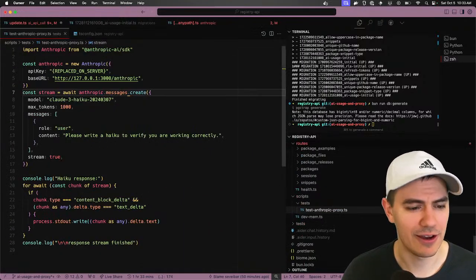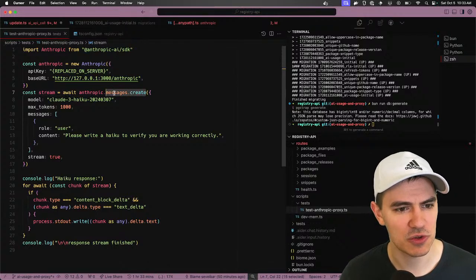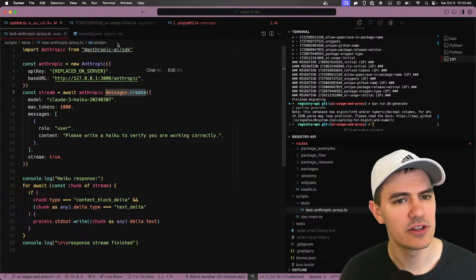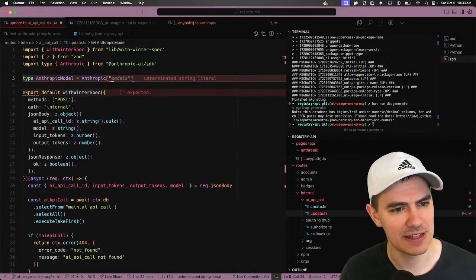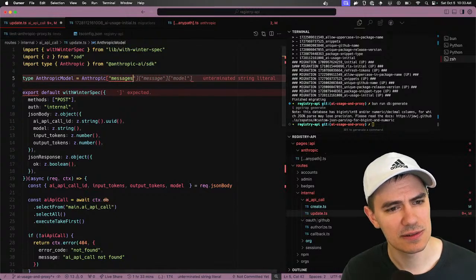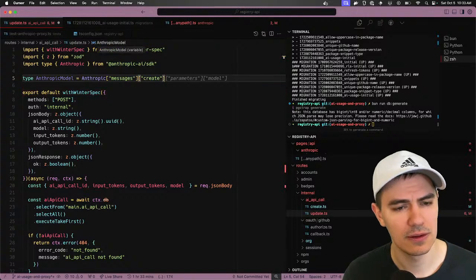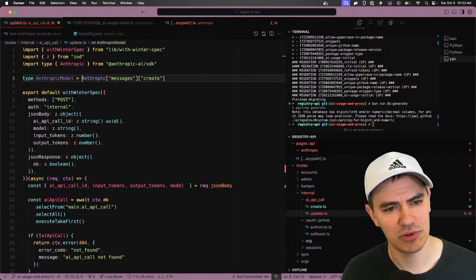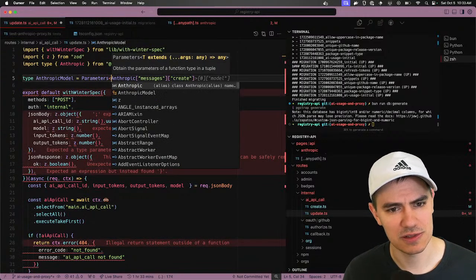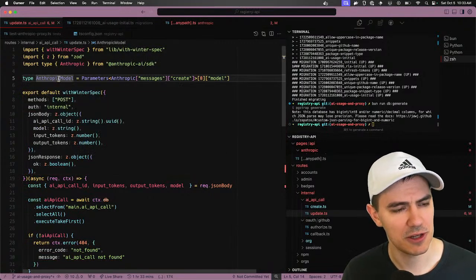I'm trying to figure out how this is used so that I can do the type extraction. So Anthropic messages create and then model. We can do a really big type here to get this out. So messages, and then create, and then we have to get the parameters of this. So we do parameters, then we do that, and that should give us the models. There we go.